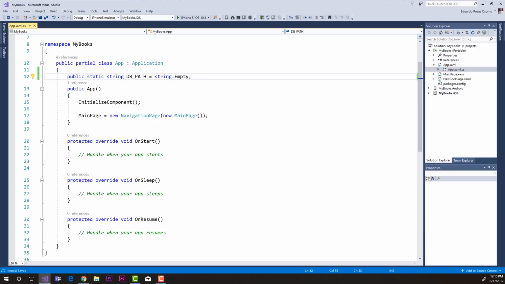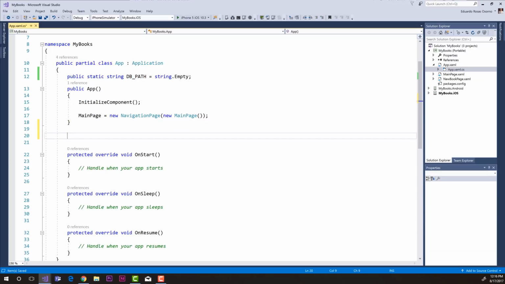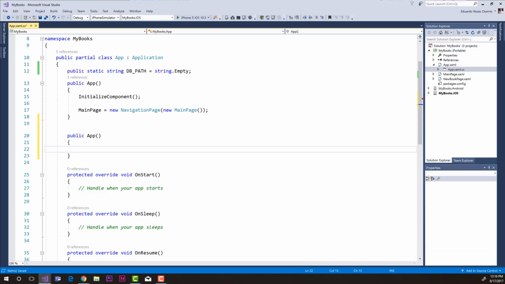And we'll explain a little bit more about that in just a second. But we will actually have to find out how to get some values depending on the iOS or the Android project. So one of the ways that we can do this is to create a new constructor. And we can create this new constructor with a ctor snippet and just type tab twice. And we have this new constructor, but this new constructor should also request the